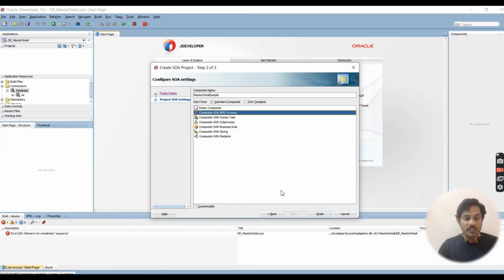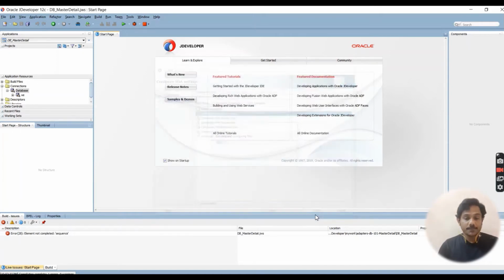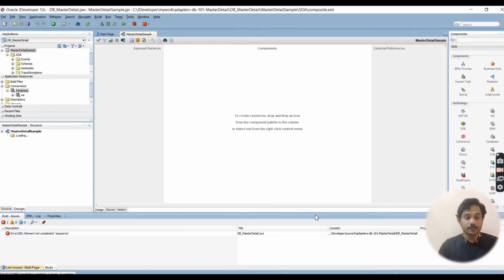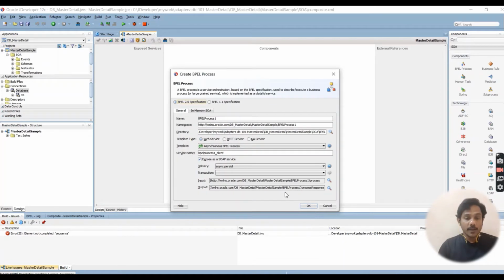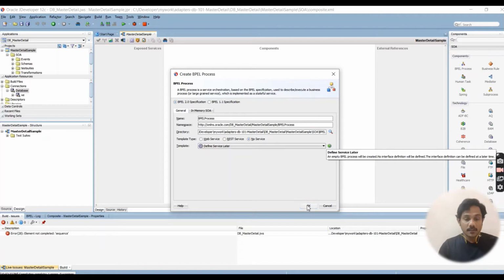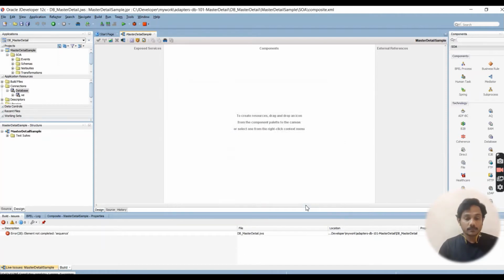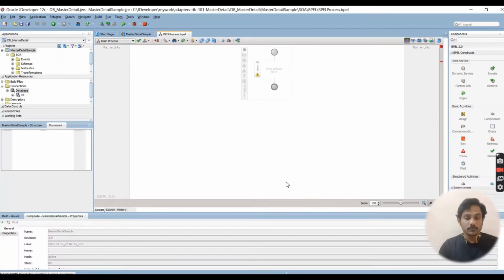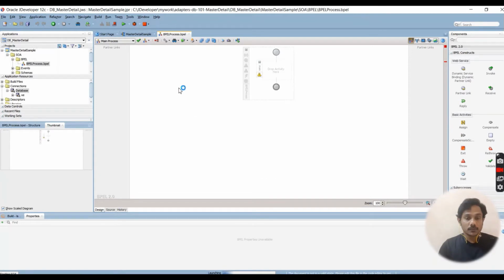Pick the composite with BPEL process. Click on finish. Give any name. Select the template type as no service. Click on OK.